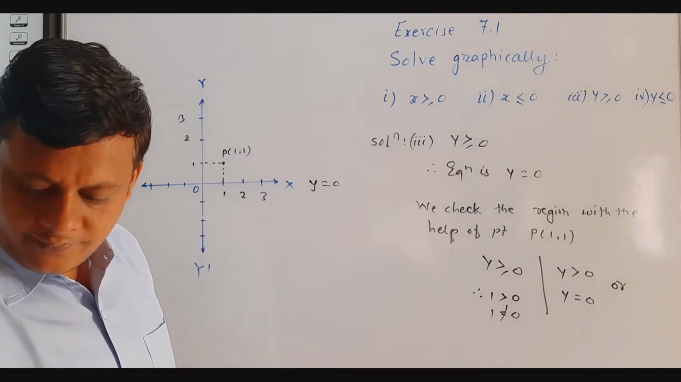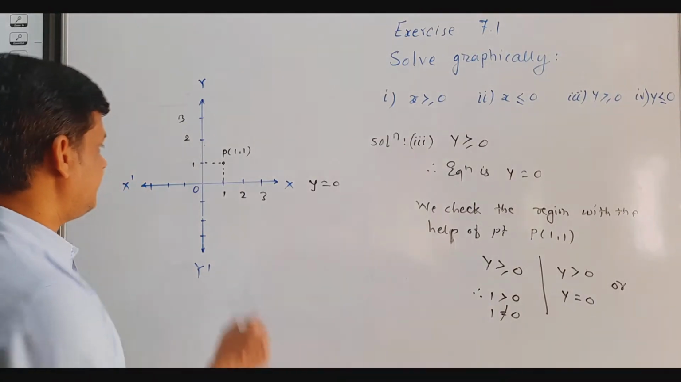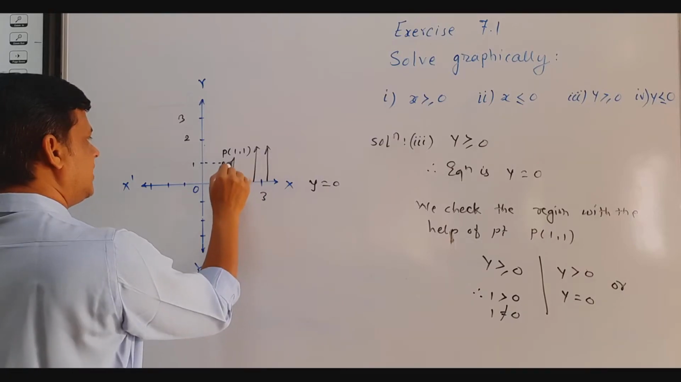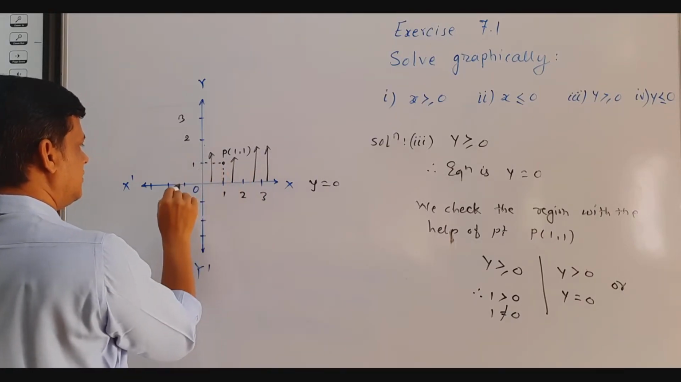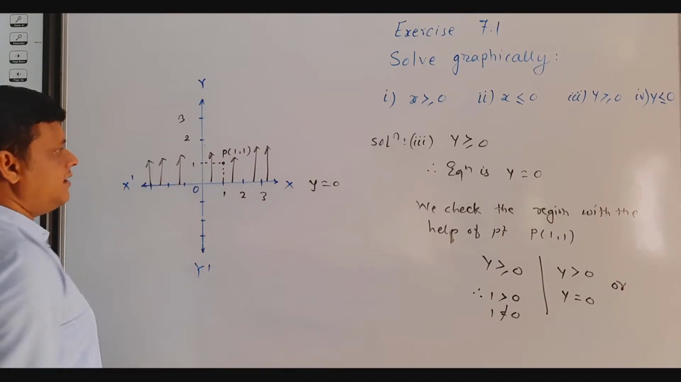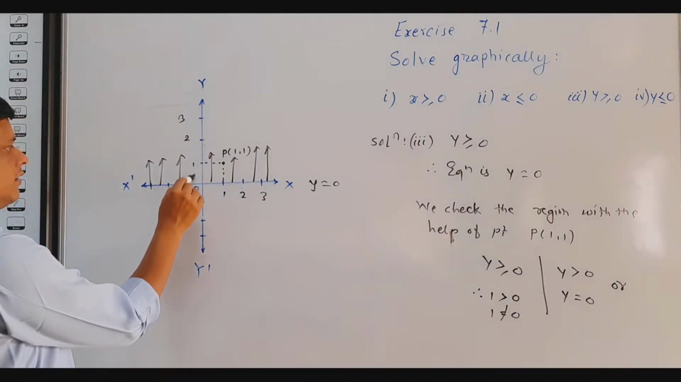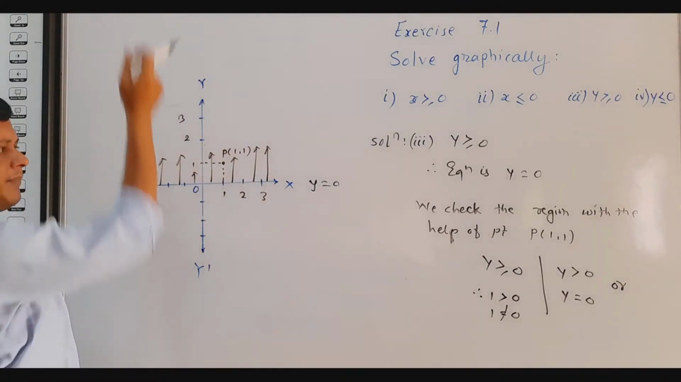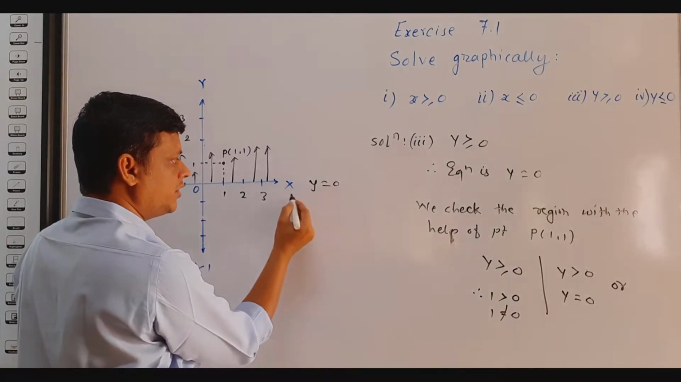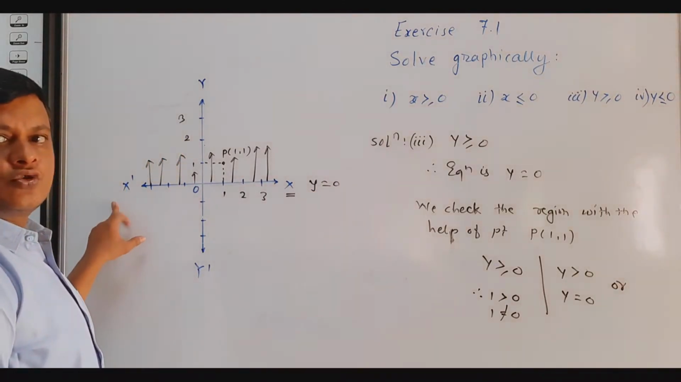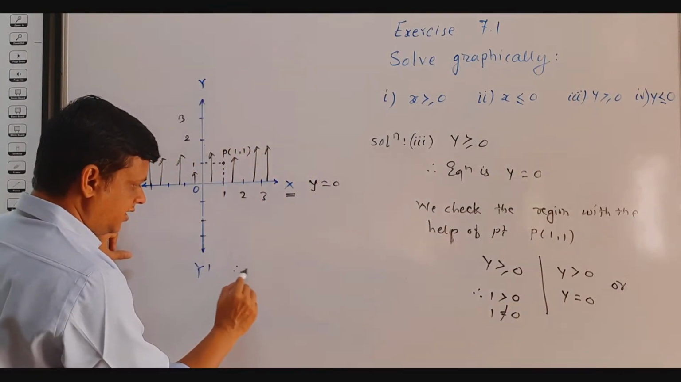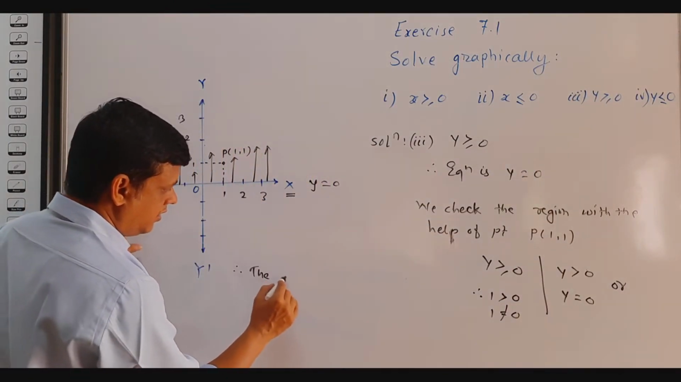So we mark the upper side of this x-axis, which is our graphical solution. So in this way the upper part and this y equal to 0, that means the x-axis, is the solution of this inequality y greater than or equal to 0. So we write here, therefore the x-axis